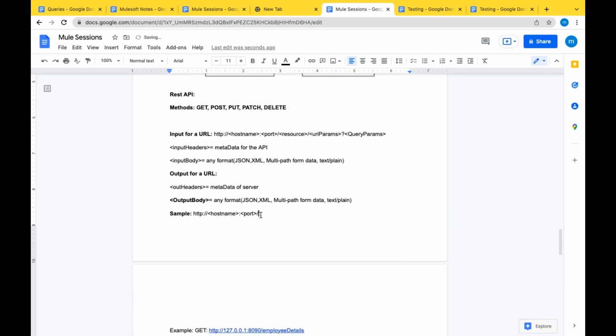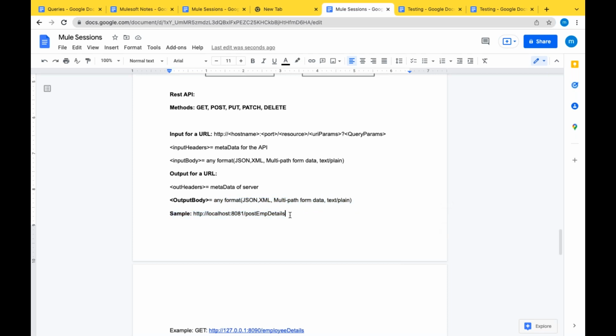Here I'm posting some data, so for my host name, I will use localhost. Localhost is nothing but my local machine, if I'm using my local machine. 8081 is my port. Any port, you can define any port. 8081 slash post employee details. So this is anything, this is my resource. What is the functionality of this resource? The functionality of this resource is to insert the data into the database, correct?